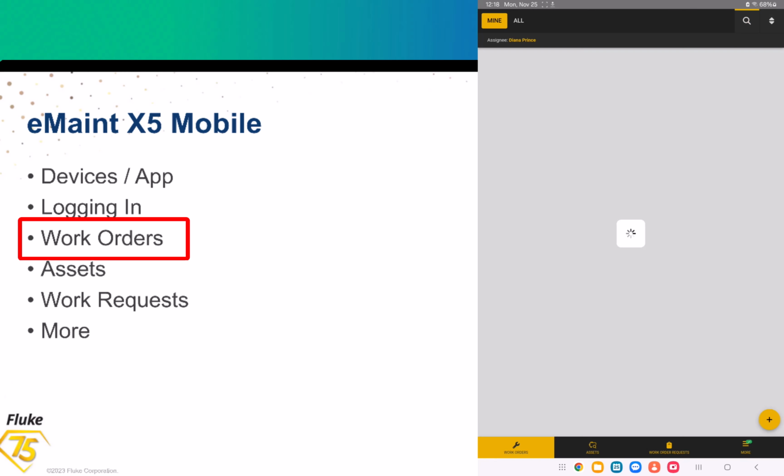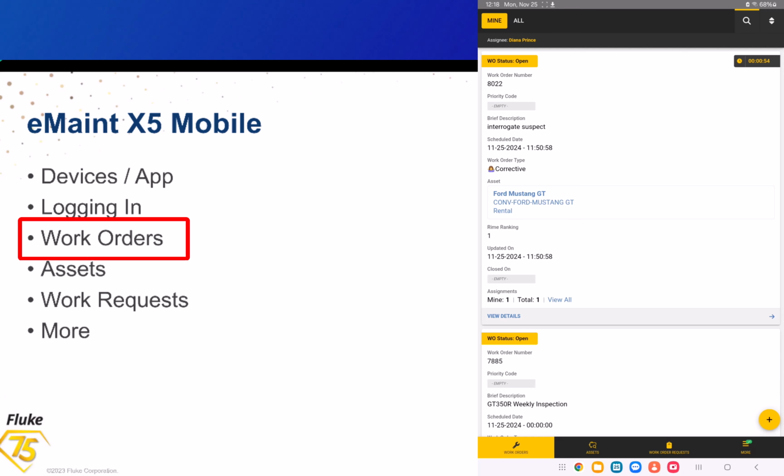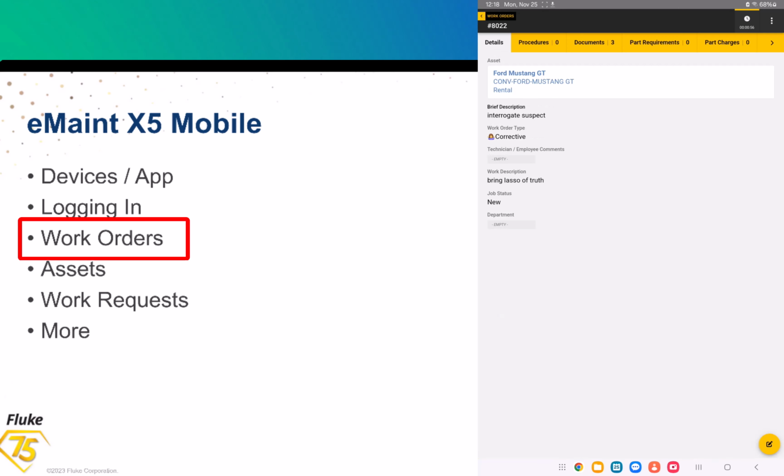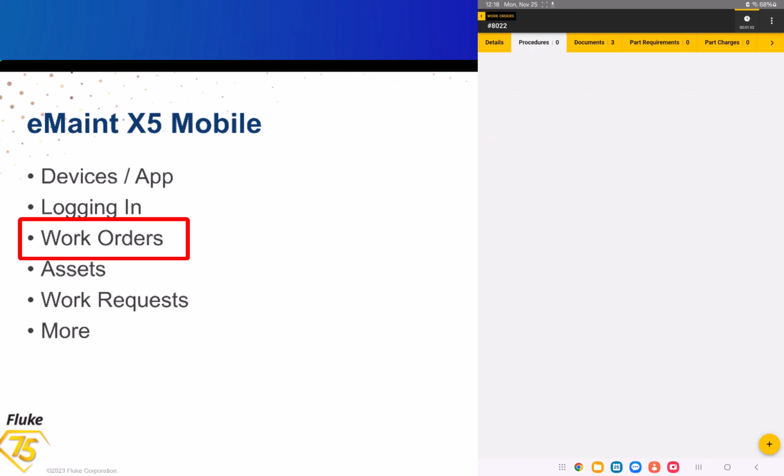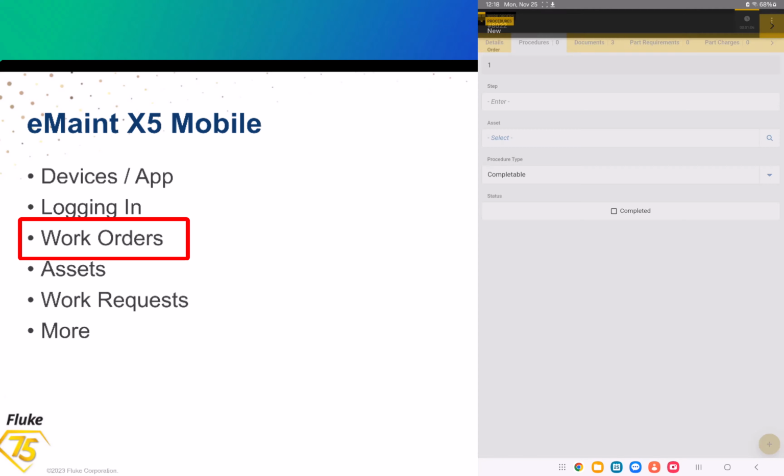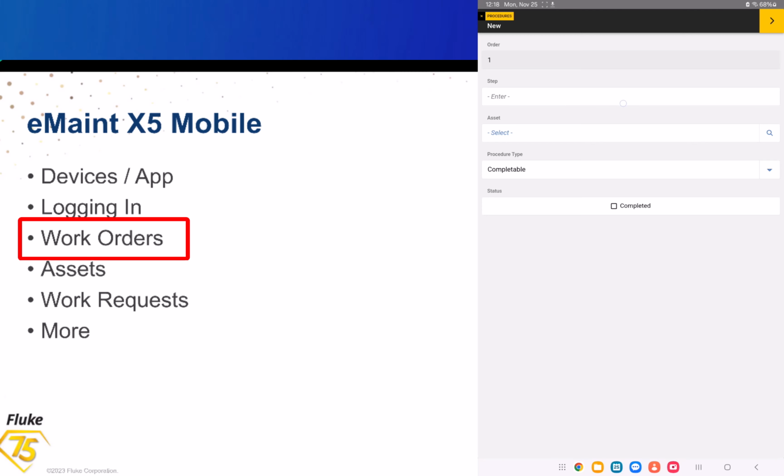We're going to go through these other things that we can do in this work order. So first of all, let's take a look at the procedures. If we had any, they would be here. You could also potentially add some here if you would like. I'll add a couple and fast forward through the video just so we can see them. I'll say